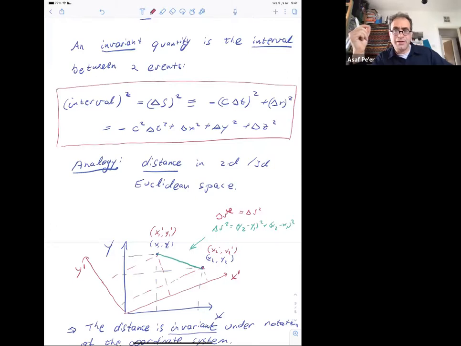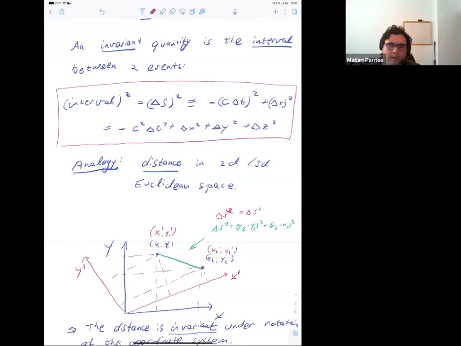Okay? Now, I'm seeing events. I will associate to the event a spatial location and a time. You will associate to the same event a different time and a different location. Who's right? We're both right. There's no right or wrong here. So basically